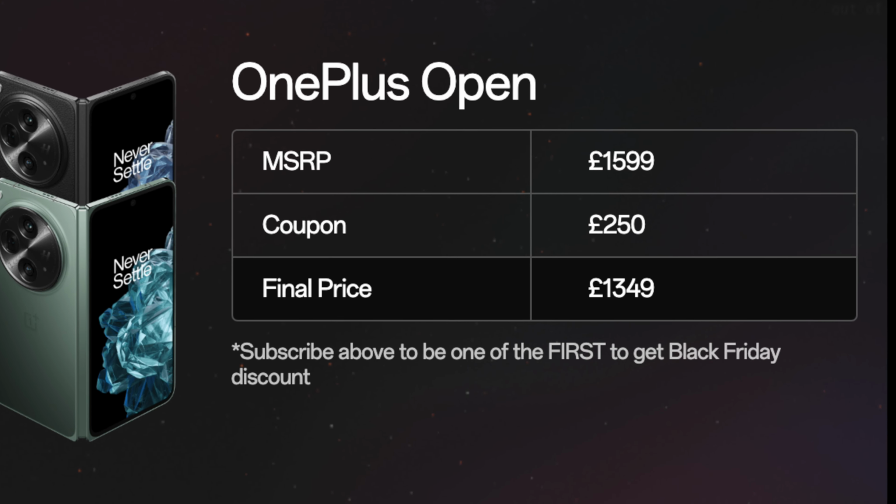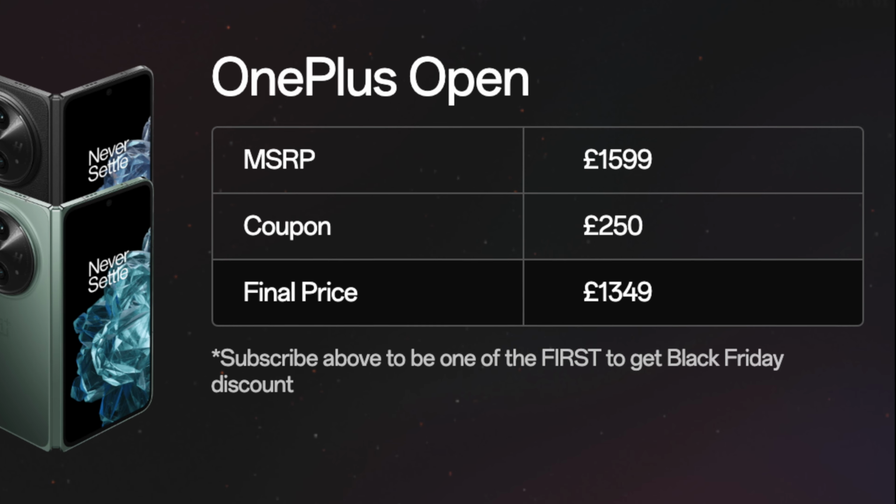The constant ongoing deal seems to be, and it's Black Friday just now, £250 off for those in the UK. That makes the phone £1,350, which is £400 cheaper than the Google Pixel Fold and the Samsung Z Fold 5. Now, what I'm about to say is going to sound a bit weird, but I use the Google Pixel Fold, but I believe the OnePlus Open, or the Oppo Find N3, is the best option